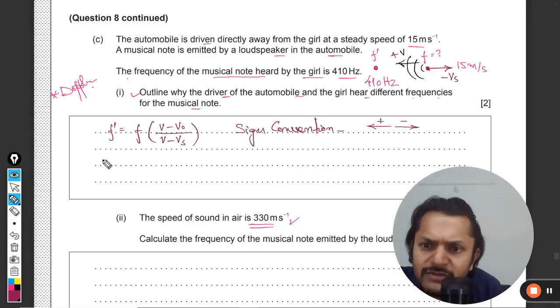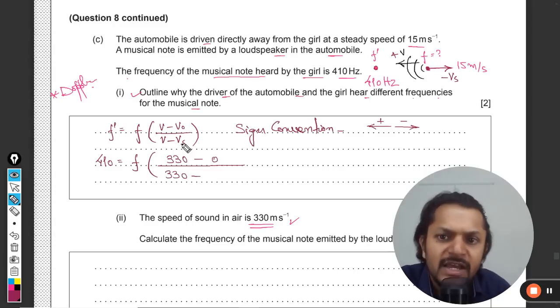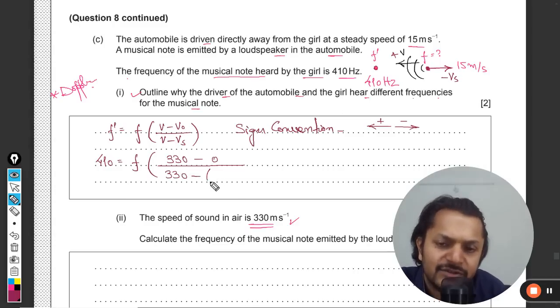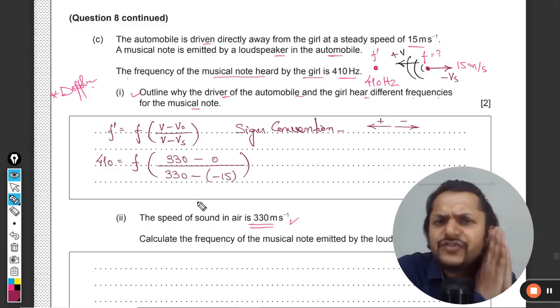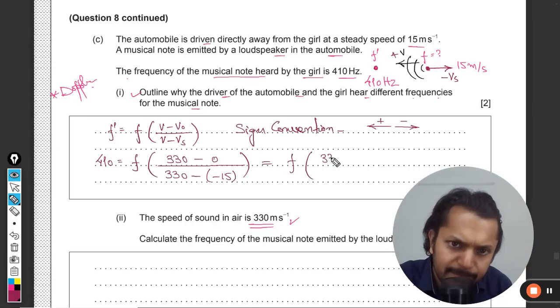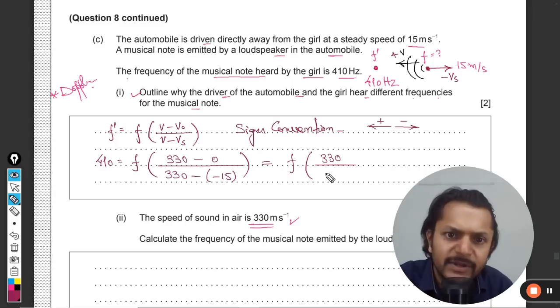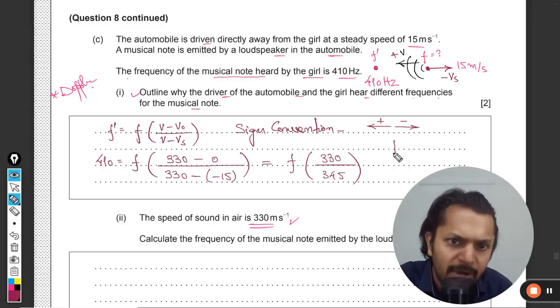Now we are going to substitute the values. This value is 410. This we do not know. Velocity of sound is 330. Velocity of observer is 0. Velocity of sound is 330, which we are taking positive. Now the velocity of the source is negative, so it is negative 15. Simple and straightforward application. Plug in the values, get the answer. This is 330 plus 15, that will become 345. And so F is going to come out to be